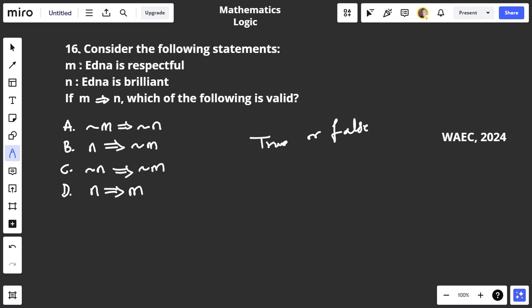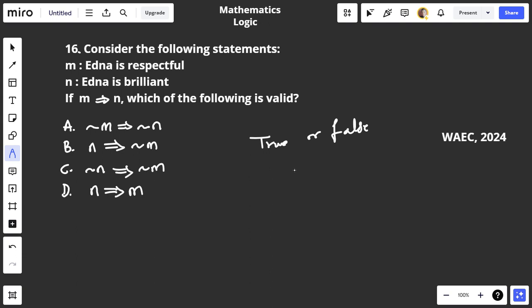So now we have three statements here. The first statement, M, says Egna is respectful, which could be true or false. We don't know, but it's a declaration. It has been stated that she's respectful. The second statement is Egna is brilliant. Then the third statement says if Egna is statement M, which is Egna is respectful,